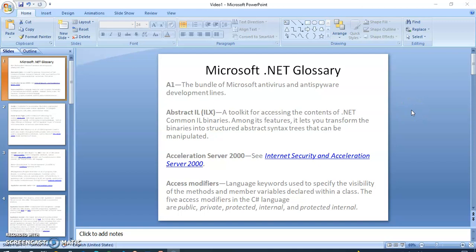Today we will discuss the Microsoft .NET glossary. The first one we are looking at today is A1, the bundle of Microsoft antivirus and anti-spyware development lines. And the second one, Abstract IL, a toolkit for accessing the contents of .NET Common IL